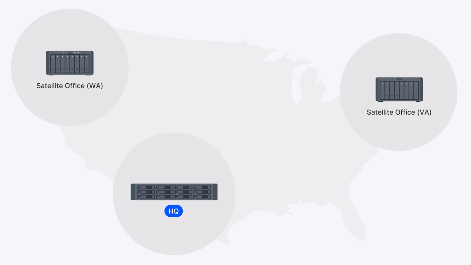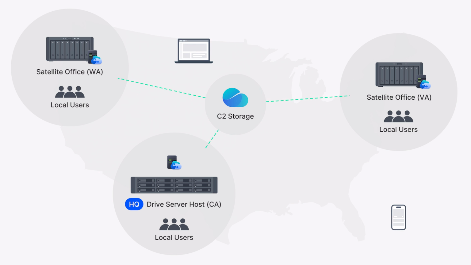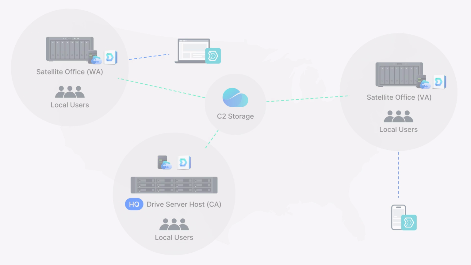To recap, here we have our map of the US with multiple offices, each with their own Synology NAS. Of course, the local users are accessing the data on their local Synology NAS, but all of the data is interconnected centrally via C2 storage. Now, for those remote workers, they're getting access to their data via the Synology Drive client on their Mac or PC or on their mobile device on Android, iOS. For Hybrid Share, we've explored global file locking and the integration between Hybrid Share and Synology Drive.